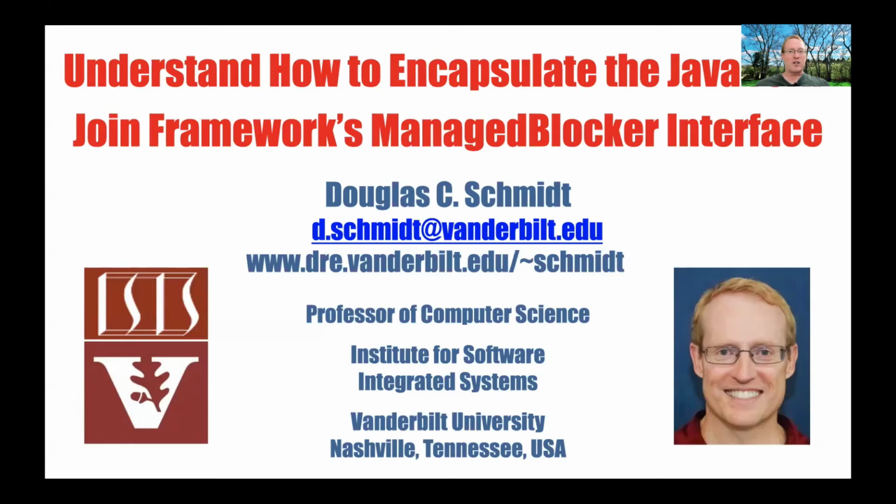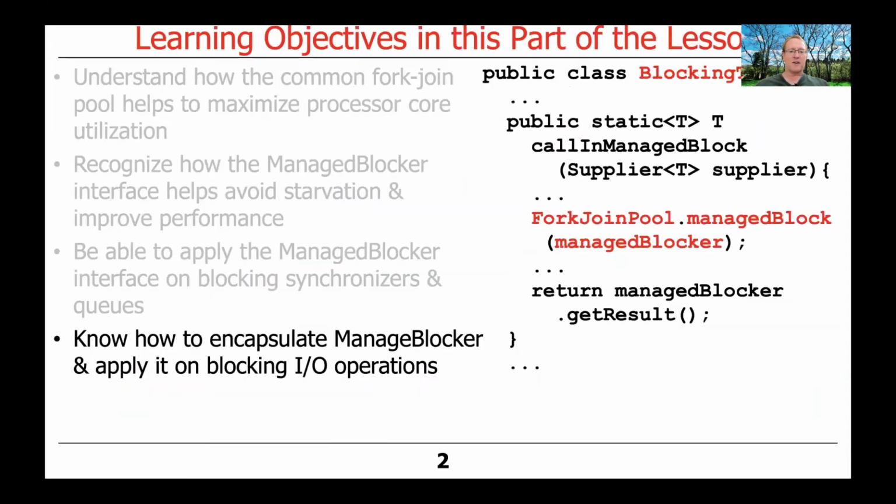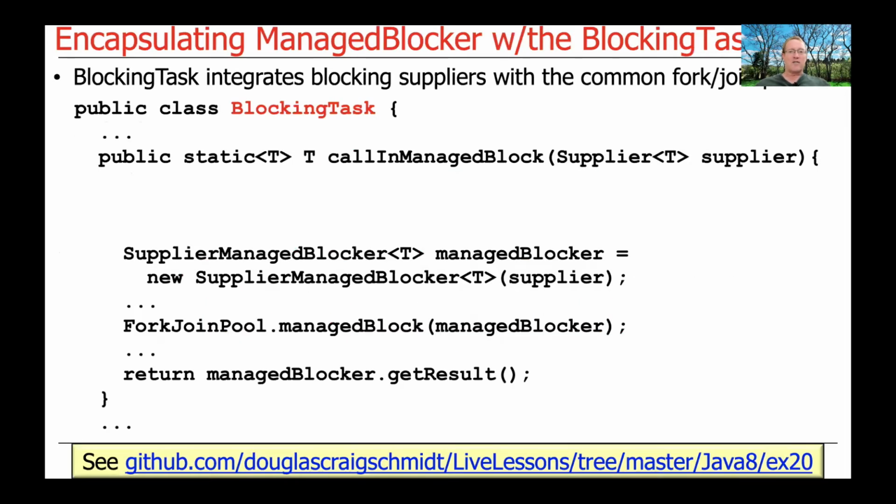We're now going to turn our attention to a wrapper class that can encapsulate the ManagedBlocker interface with an easier to use object-oriented facade. And we'll demonstrate how to use this in an interesting example. So we're going to define a helper class called BlockingTask. And what it's going to do is make it really easy to integrate blocking suppliers with the common fork join pool. And it uses some very clever programming techniques, which we're going to look at in more